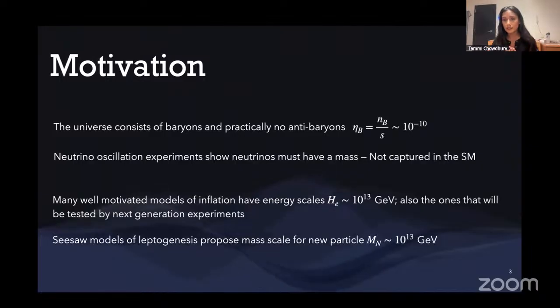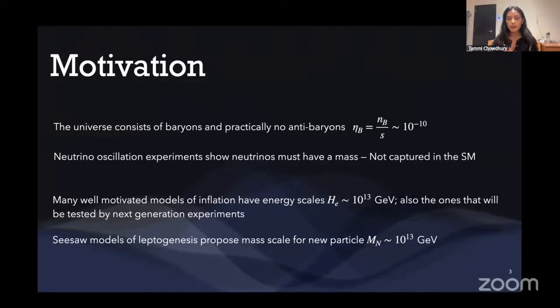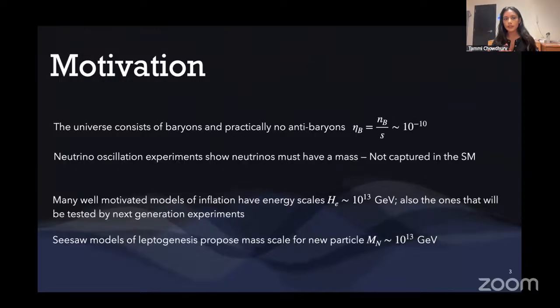But in addition to this problem, we also have another particle physics issue that we haven't resolved yet. So we know that in the standard model, neutrinos do not have a mass. We don't have a mechanism that provides that. However, from neutrino oscillation experiments, we know that a mass is necessary for these neutrinos to be oscillating. So we need to go beyond the standard model to explain this. So a very popular framework to combine these two scenarios is leptogenesis, which I will go into a little bit more detail in the following slide.